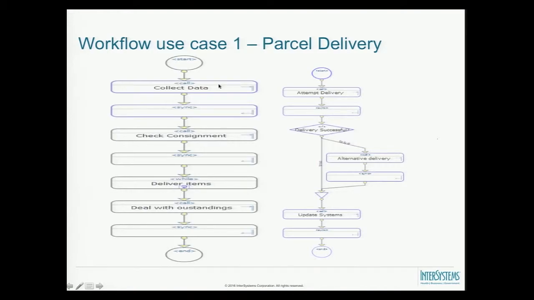The main activity is called a call activity, which you can see over here. And the call activity in this business process serves two purposes. The first purpose, collect data, for example, is to grab data from a back-end system. So this is all about orchestration and integration through to back-end systems, whereas this check consignment call over here